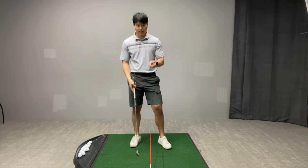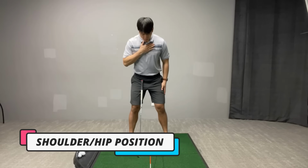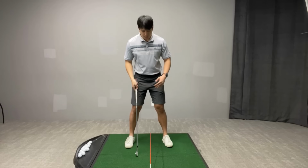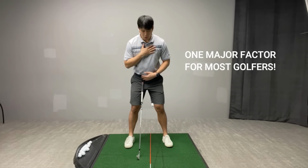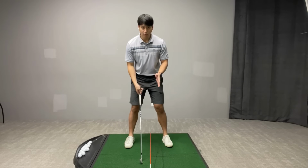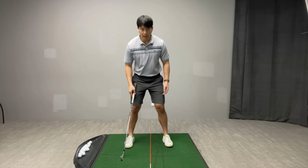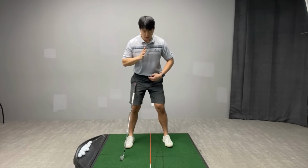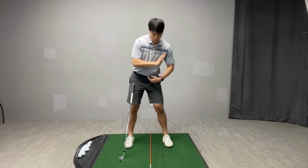Okay, so the second topic that I'm going to talk about is how you're positioning your shoulders versus your lower body at address, from the face-on view. I would say this is, if not the biggest, one of the biggest influences on how well someone can change their swing direction. Almost everyone who slices the golf ball or swings the club too many degrees out to in will always have their upper body center positioned more ahead of their lower body center, or the upper body position more towards the target